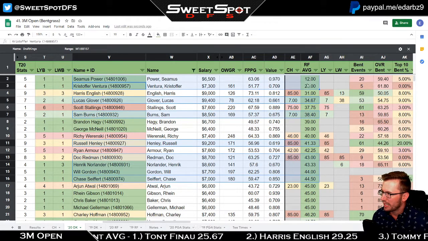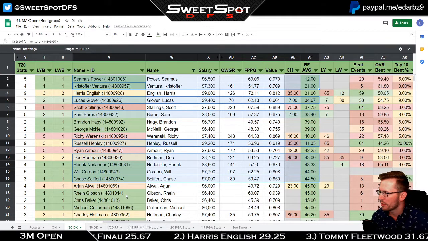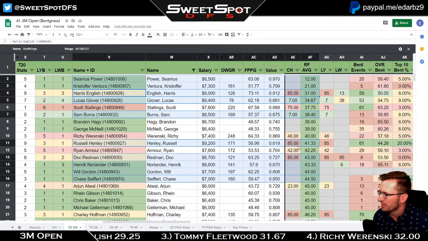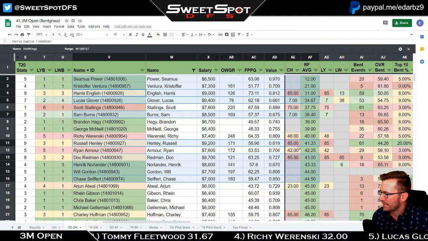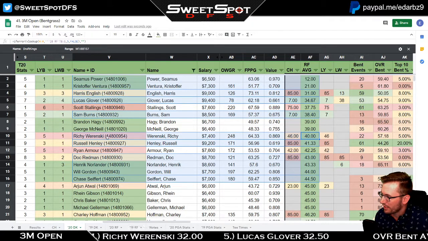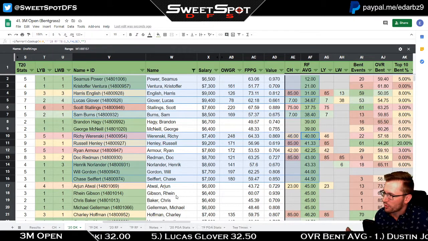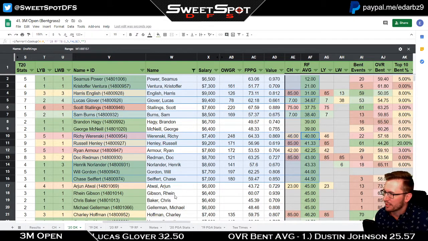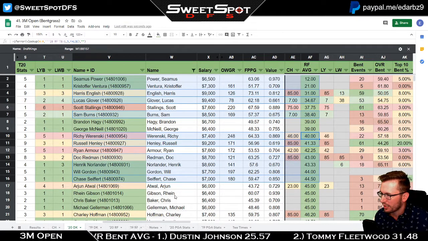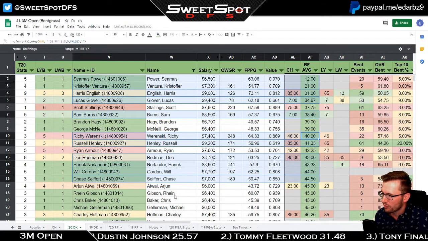I'm gonna go and highlight these guys. Seamus Power. Oh, Harris English. Of course, we gotta highlight Harris English. I would almost want to highlight Richie Werenski as well. Let's do it. Why not? So Seamus Power, Christopher Ventura, Harris English, Lucas Glover, Sam Burns, Richie Werenski, Russell Henley, Doc Redman, Henrik Norlander, Will